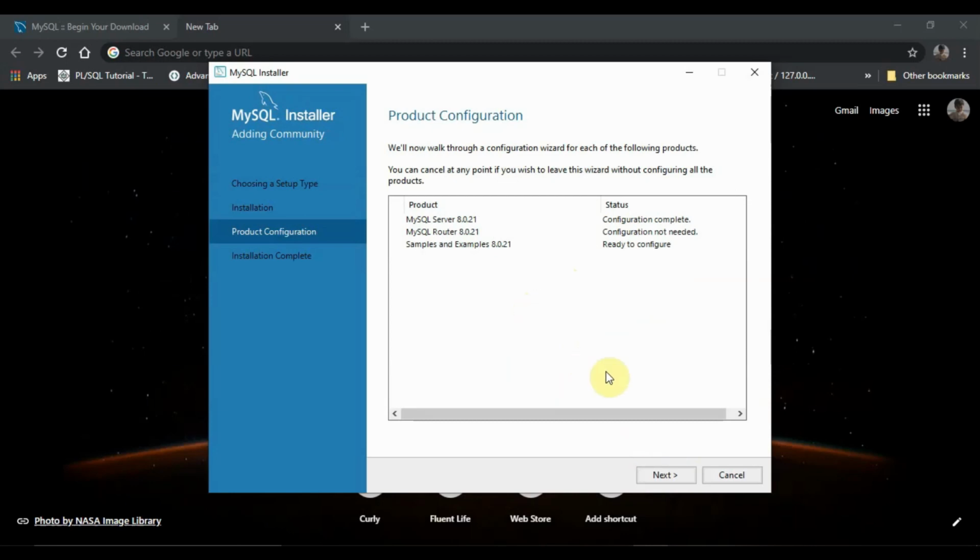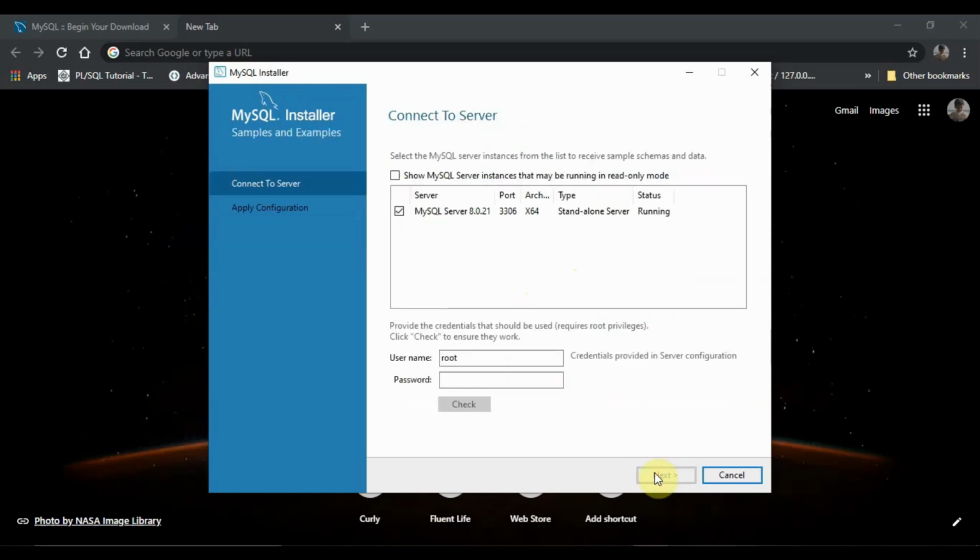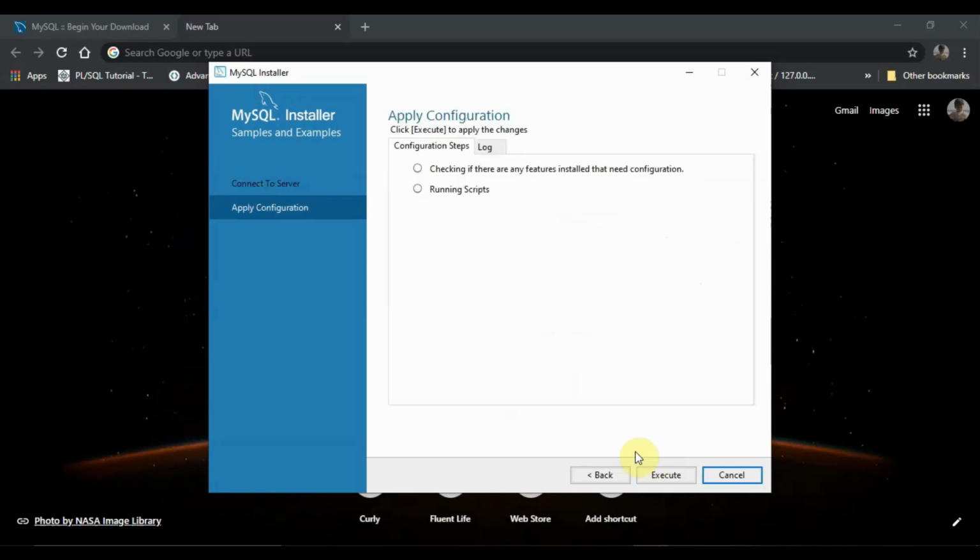These are again the product configurations, go to next. So here you have to write your password which you have set before, and you have to remember this password. Whenever you are going to open MySQL, you have to first write that particular password, and only then you'll be able to get inside MySQL. So remember this password and go to next. Execute all these configurations.